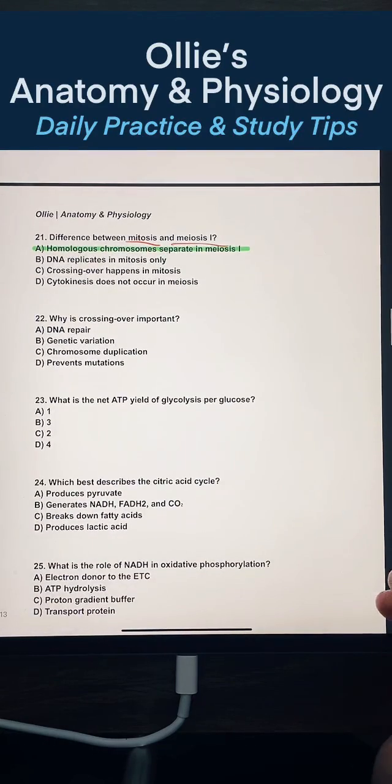Number 22, what is the importance of crossing over? A, B, C, or D for this one? What is the importance? I kind of just talked about that a little bit, but let's talk about where that occurs. A, B, C, or D for this one? For number 22,